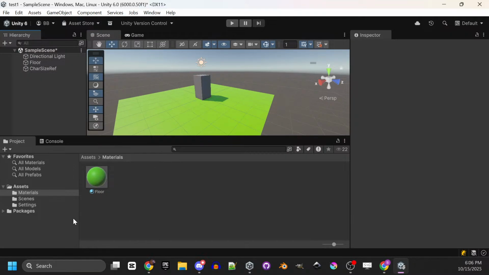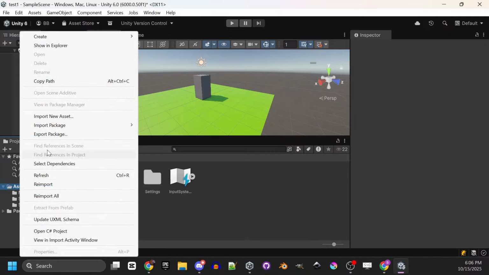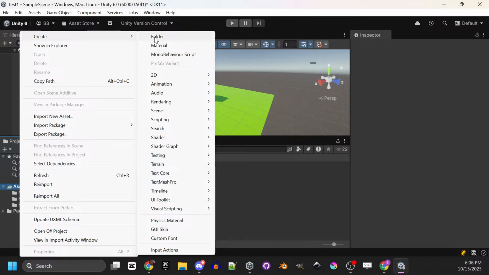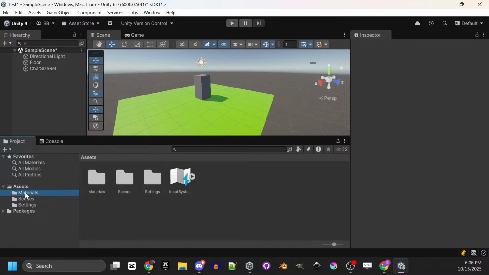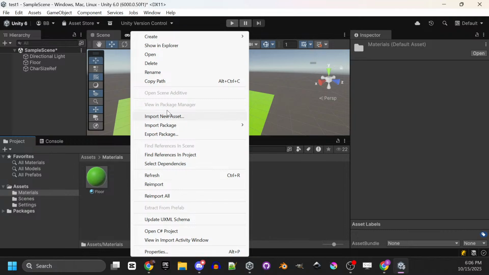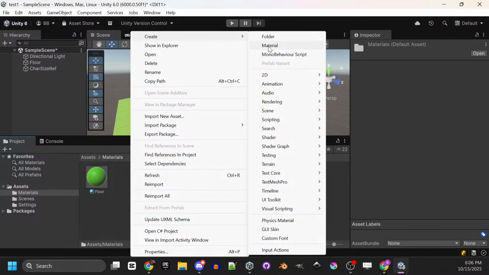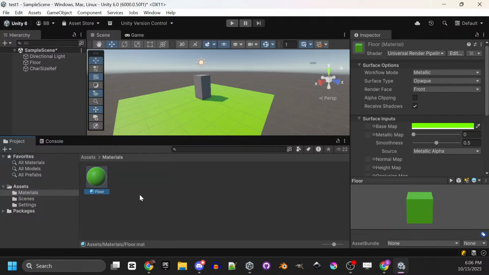And then we created a material. We created a materials folder by right-clicking here and doing create folder, and named that folder materials. And we right-clicked and did create material to create the floor. So now,